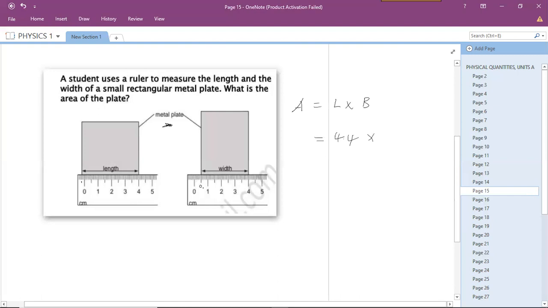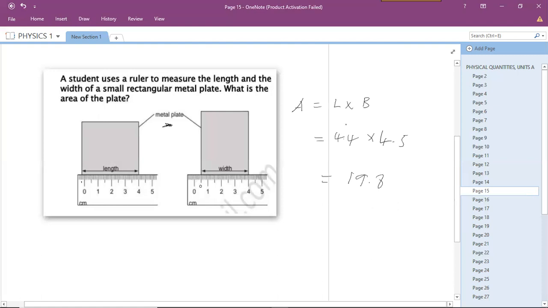Multiplied by, what is our breadth? This person made a mistake. They didn't use this ruler properly. So we're going to take our 0 as there, and we start counting 0, 0.1, 0.2, and so on, 2, 2.1, and so on, 3, 3.1, and so on, 4, 4.1, 4.2, 4.3, 4.4, 4.5. Therefore, our area will be 4.4 multiplied by 4.5, which would be